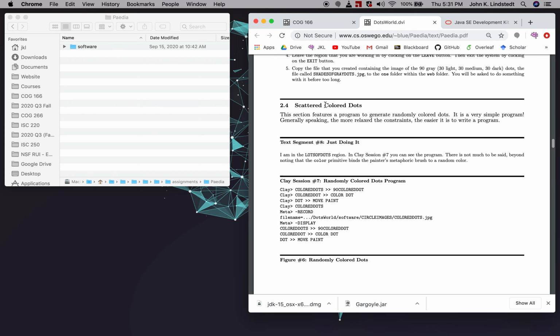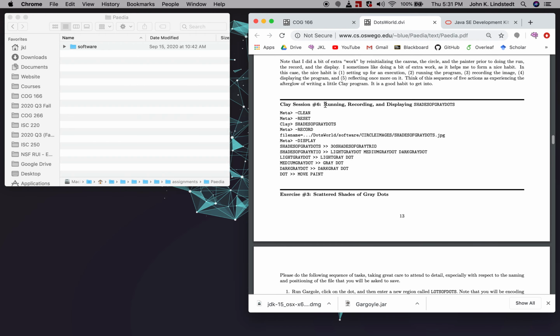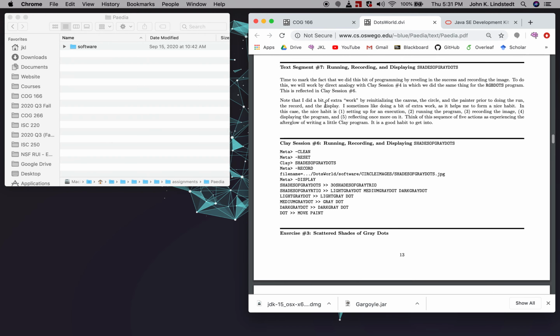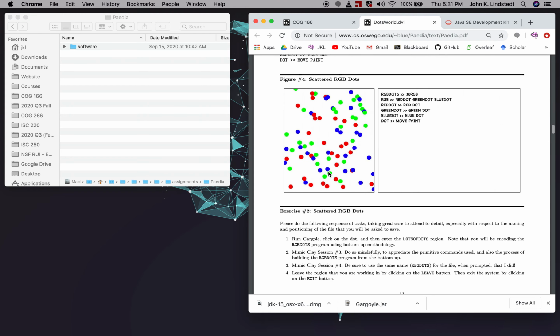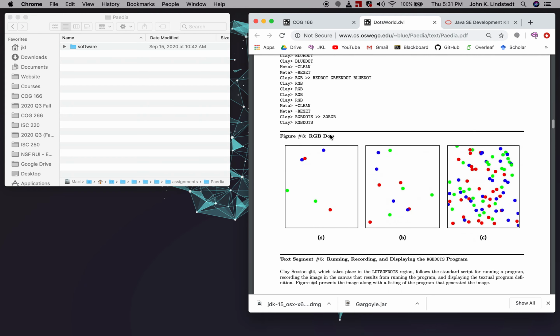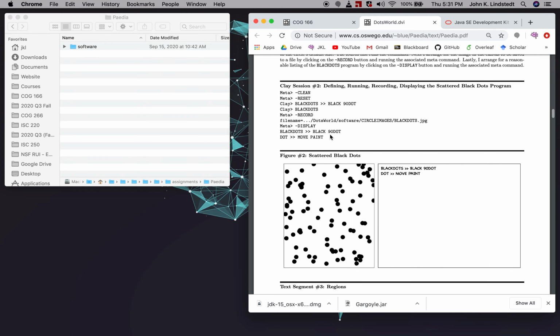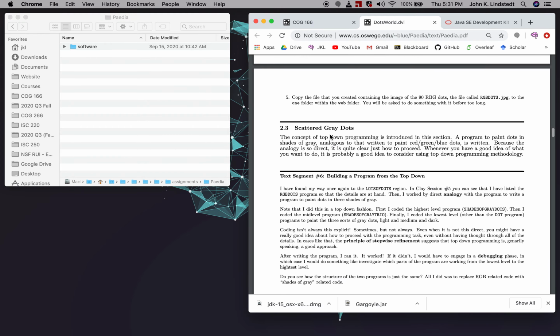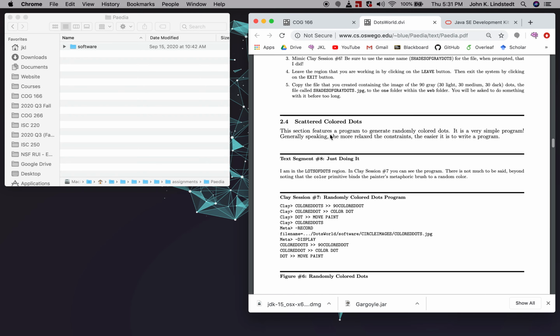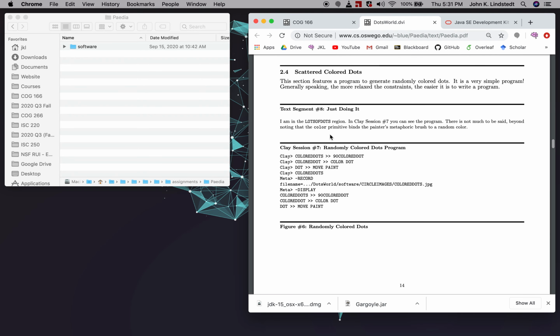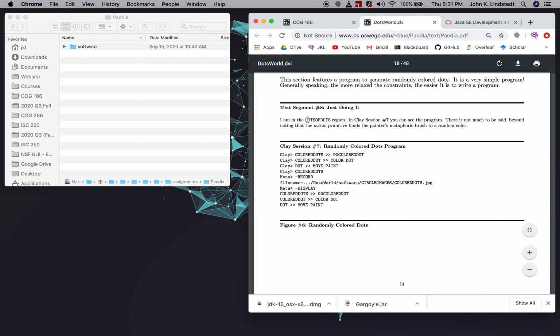In the past, we've done the first 3 exercises so far, where we've made some shades of dots, 3 colors of dots, and just some dots of dots. Today we're going to do segments 2.4 and 2.5, and we're going to look at some colored dots of